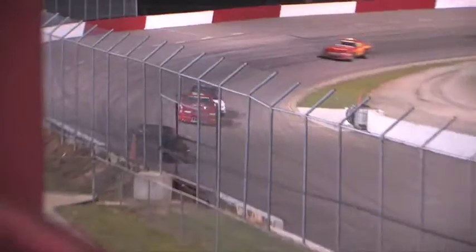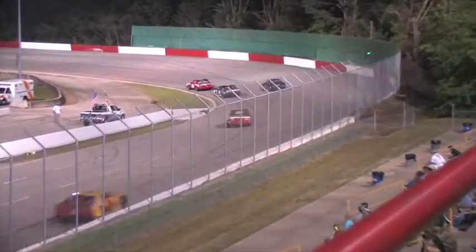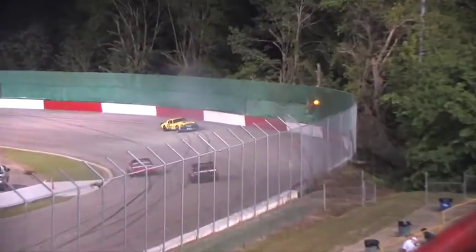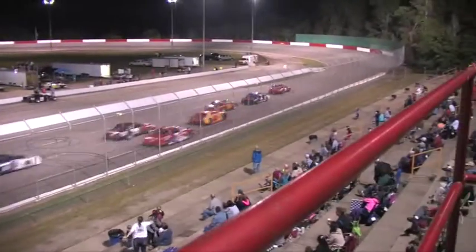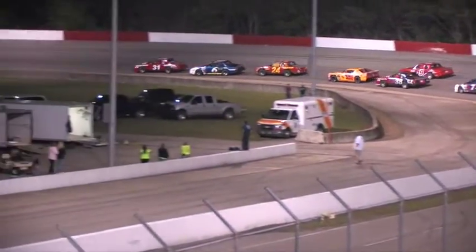Then at one point, they came up on the slow car of Davey Lynn, and they were able to avoid it, and that was definitely good because it could have ended up disastrous. Then we had the next caution come out when the 88 of Bubba Nesbitt ended up spinning out in turn number 1. We went back green flag racing with Dwayne Westenberg back out front, Charles Davis second, and David Wood